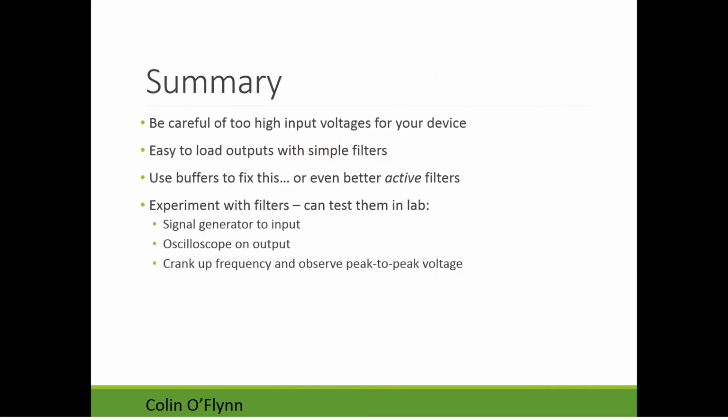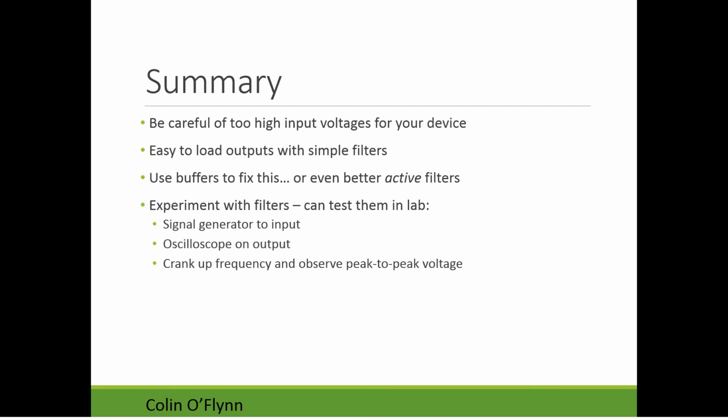All right, so that's sort of a summary of everything. I hope all that filtering will be useful. We'll come back to that a bit. There should be some more time on that, but experimenting with them is really the best way. Both in the circuit simulators are really easy to wire one up and plot the response. It's also easy to test them in the lab. So you have signal generators, you can set a frequency in, you can watch what the output is. As you increase the frequency, you should be able to observe the voltage going down. Without testing that you're working, if you just build it and hope it works and then wonder why your interference hasn't gone away, it's much harder to troubleshoot.